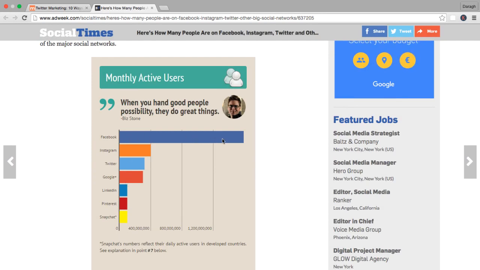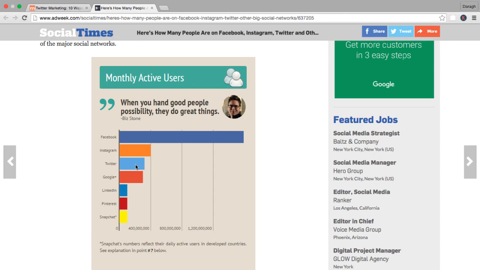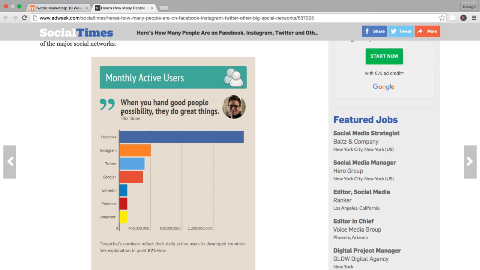You can see that Facebook is by far and away the biggest social media platform, 1.5 billion if you remember, then Instagram, and Twitter is in position number 3. So it's still the third biggest social media platform in terms of monthly active users, which is the most accurate measure of activity and users. And so you can see that it's still in a very strong position.